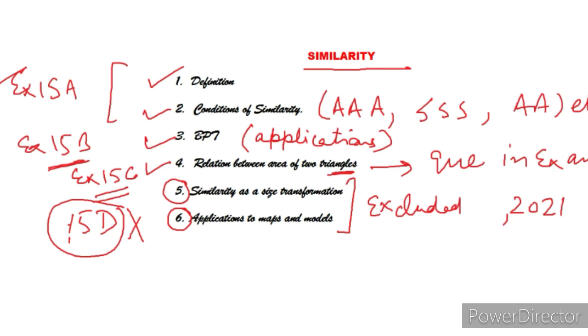You can simply expect one question from exercises 15A, 15B, 15C only, and from my point of view, exercise 15C, students, remember, exercise 15C with its examples, there is a 99% chance that the question is going to come from this exercise only. The examples are very important, and the kind of questions given in other books are also important and sure topics to be considered for the exams.